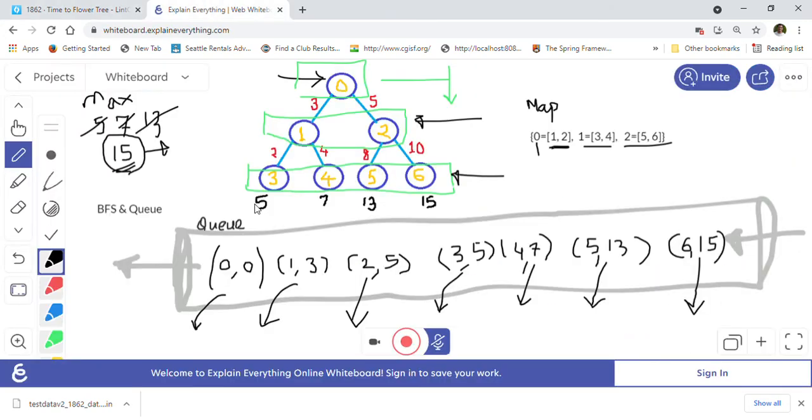For example, if you are visiting node 1 here, then you have to add the time to reach 0, which is 0, plus the current time for that node, which is 3, right? So 0 plus 3, which is equal to 3.